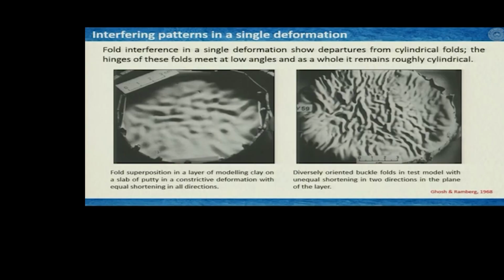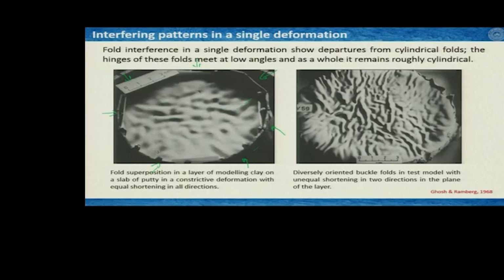So these two, what you see, are an experiment. The first one, it was a circular canister or something like that you can consider, and it got compressed from all directions equally. And then it was a modeling clay, and then you can see here that these are your fold axes and they are not necessarily oriented equally, and also from the shades you can figure out that fold axes are not straight. In this case, the second example, you see the buckling is happening, you can understand by the shapes